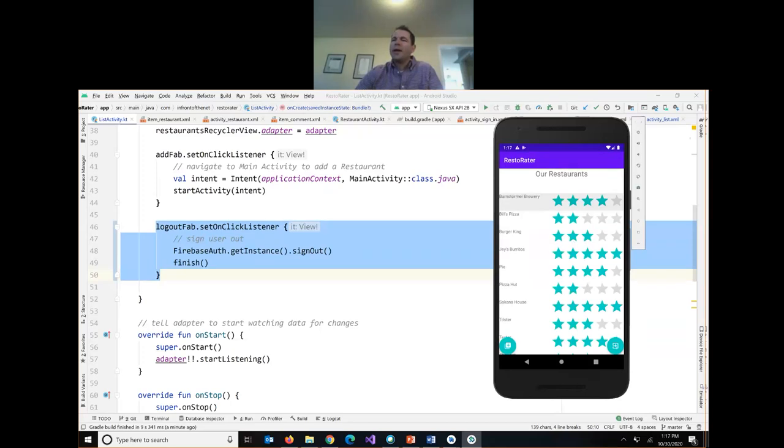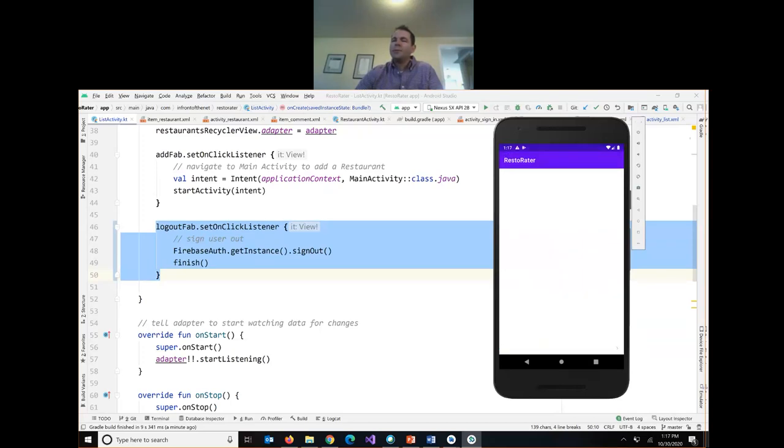So now I'm going to sign out. Okay, the problem is we've gone back, but Firebase, their UI isn't really recognizing the status state of our user because it's not bringing